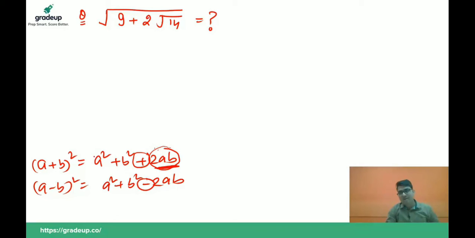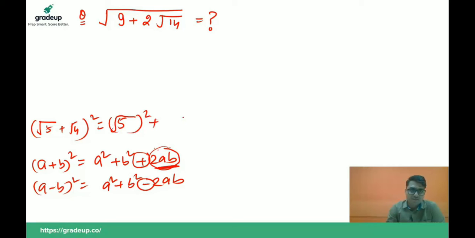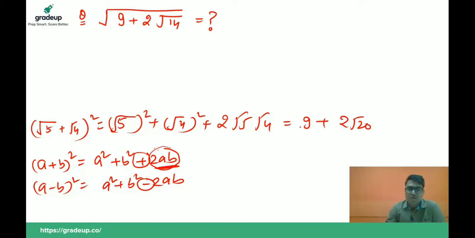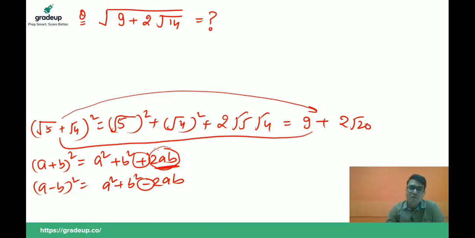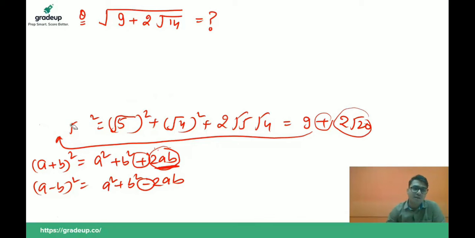Now try to understand the concept. When we square this type of expression, what do we get? a square plus b square plus 2ab. I can write again this 5 plus 4, that is 9, plus 2 root 20. So we all know how to go from this to this. Now we have to understand how we will go from this to this. I am going to tell you. You have plus here, you have plus here, and this is your 2ab term. Don't worry, I will explain.